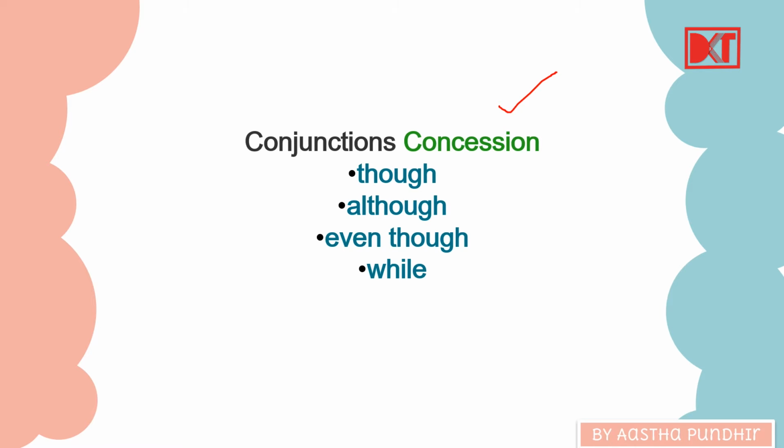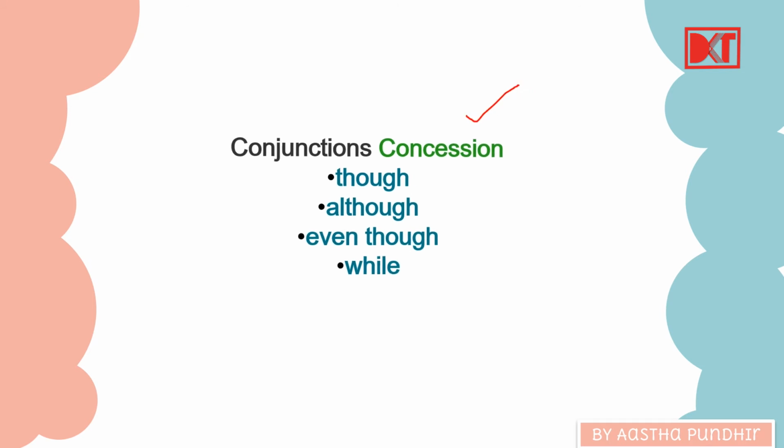All right, so you can understand, as per when a question is given to you, you can try to relate and understand that, you know, here concessioning is happening, or here a reason is provided, or here we're talking about time. So that way you can figure out which conjunctions to use. All right, so these were the conjunctions for concession. Next,